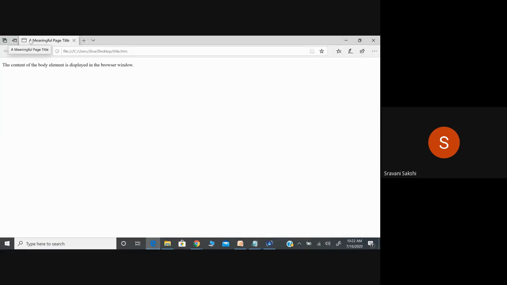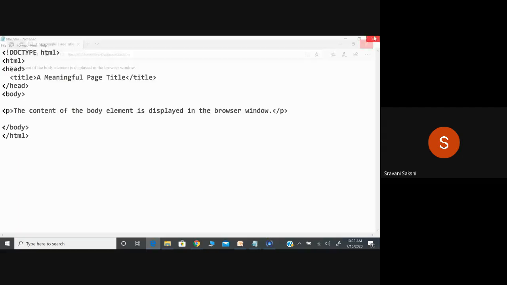See here on the left corner, here my head section will be displayed. In the head section I have given the title element, so that title element will be displayed on the topmost left side, a meaningful page title. Okay, next.